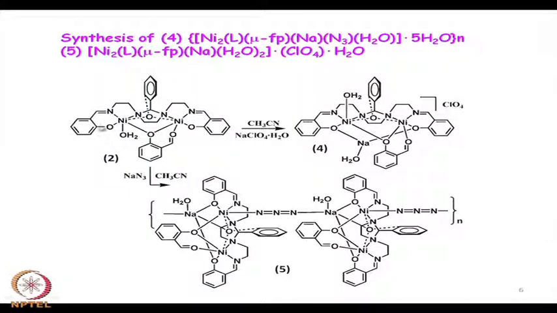So, that we should know how good they are for reacting with some exogenous group like azide or thiocyanate or any other hydroxide function. So, when you allow it to react with this azide function, they are substituting this water molecule and this salicylaldehyde function still remains, it is not going away, but interestingly we get some different architecture. So, sometimes in solution chemistry and in the biological system, when we study all these biological sites, these particular groups are very difficult to understand, when you have this particular unit.